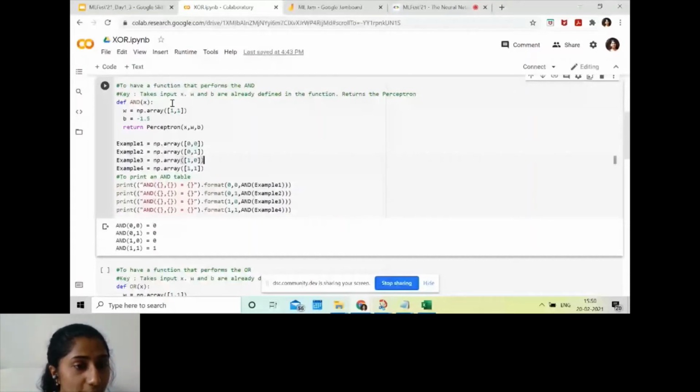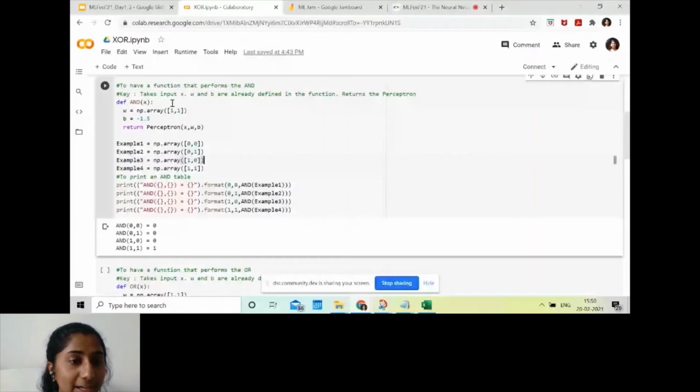And now that we have completed this AND gate function, we will try to print it out to check if it's working or not. And as you can see, clearly it's working. So we take it in an array because the X value is our array. So we take it in an array, 3 different examples, and if some of you do not know this, this is a Python code in which you use dot format so that we get the result like this.